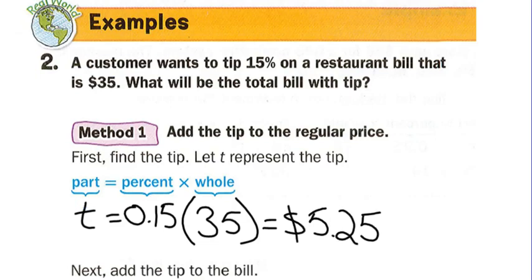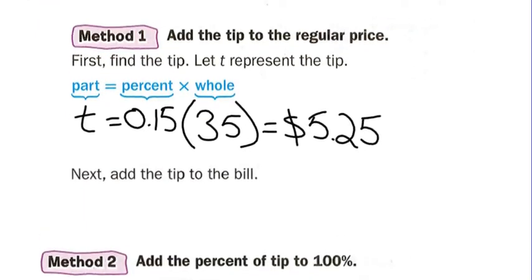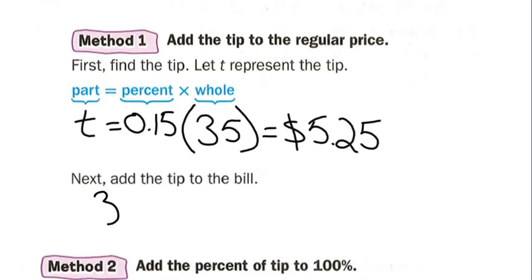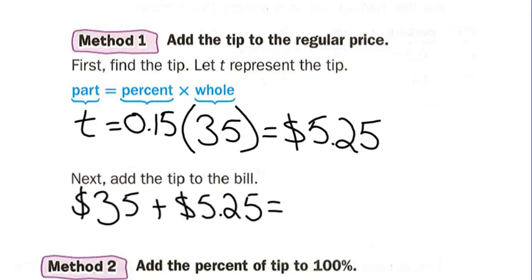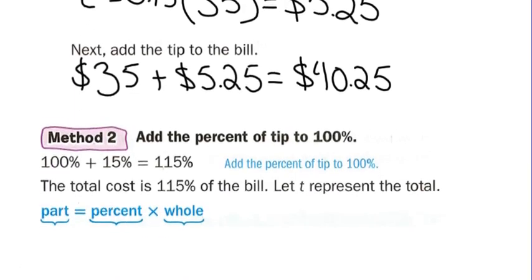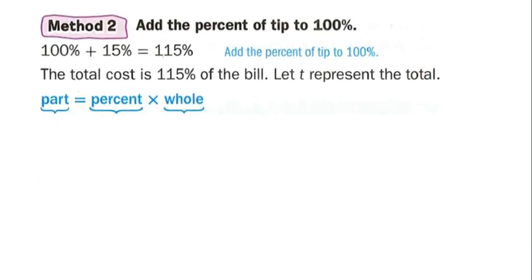So we're going to take our tip and add that to the total bill. We've got a $35 bill. We're going to add our $5.25, and that is going to give us a grand total of $40.25 for that bill. So another way we can do this, though, is again, let's think about adding the percentages